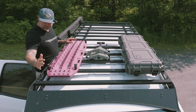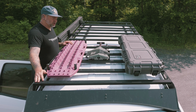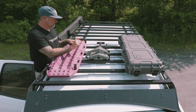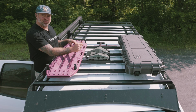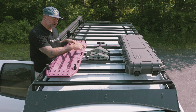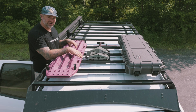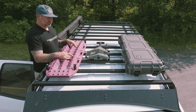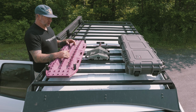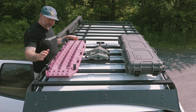All right, so let's talk about the main part of the roof rack, and these are the things that I wouldn't say stay on all the time, but if I'm going somewhere, they go with me. I tend to actually leave my case on the roof rack because I use the recovery gear more around town than I do on trails. It's mostly because there will be a car broken down in the middle of the road, and I just grab my stuff and pull them somewhere that they're not in the way and more safe. So I've actually used my recovery gear quite a bit, so I pretty much leave that up there all the time. And for another reason I'll get into. But anyway, starting from this side, I've got the Max Trax boards here,